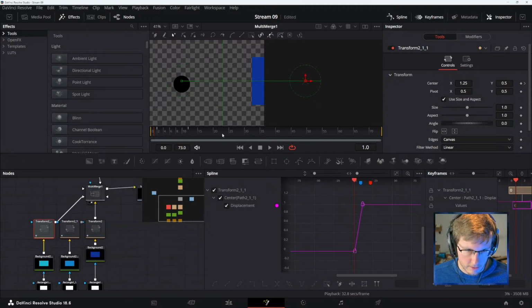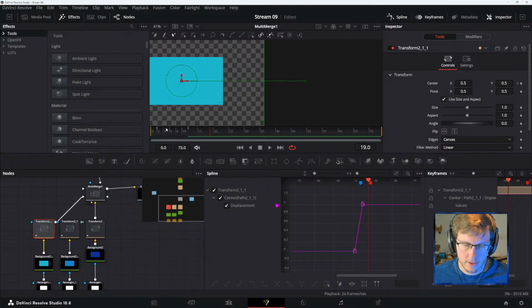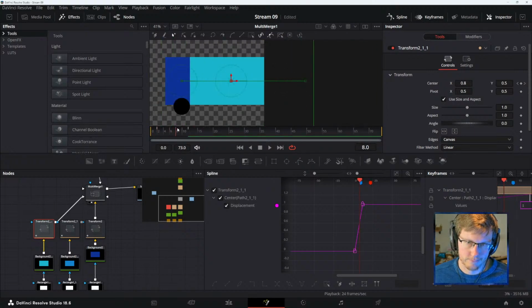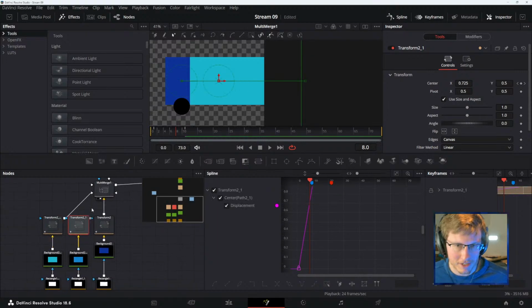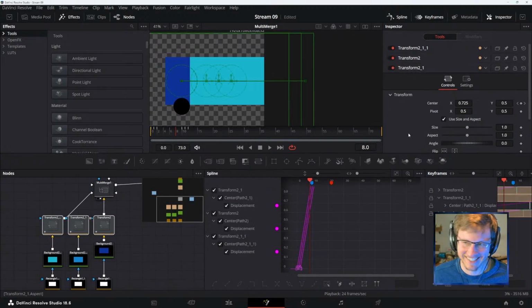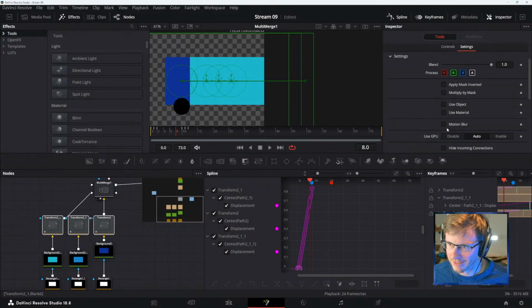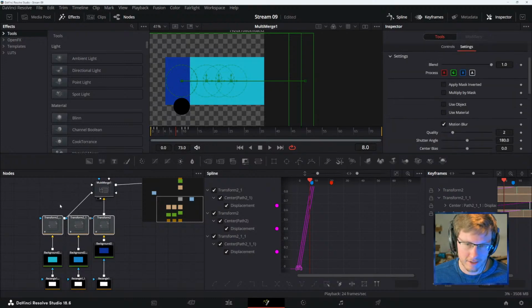So what are we doing? It looks so dumb. But let's see, if we go to settings and turn on motion blur, it looks a little bit better.